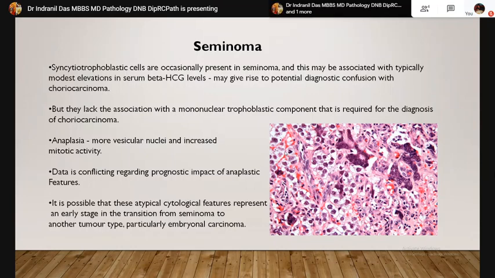Anaplasia may be present in seminoma with syncytial trophoblast-like giant cells, and anaplasia is characterized by vesicular nuclei and increased mitotic activity. But the prognostic impact of anaplasia is not clear, and the mentioning of anaplasia in seminoma nowadays is not recommended, as I already told. But it is possible that these atypical cytological features may represent the transition of seminoma to a poorly differentiated tumor like